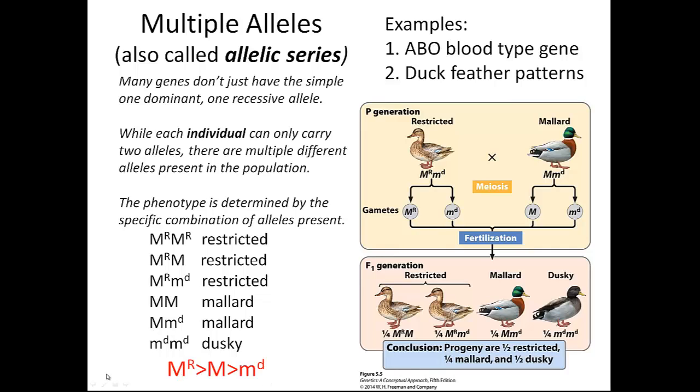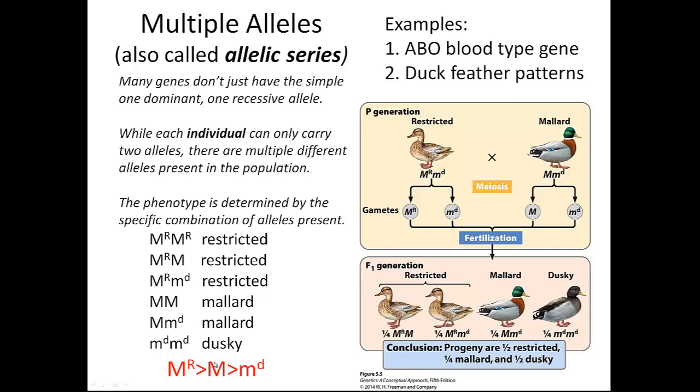We can determine the order of dominance between these three alleles. And so we would say that the restricted allele is dominant over mallard, mallard is dominant over dusky. And I just want to point out that this highlights a different aspect of dominance and recessiveness than we have touched on before. So specifically, the idea of dominance is all about which other allele you're together with in an